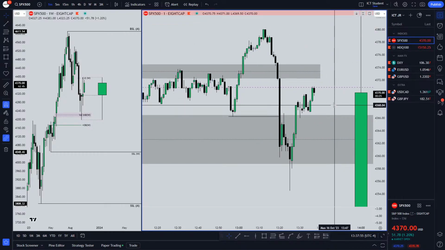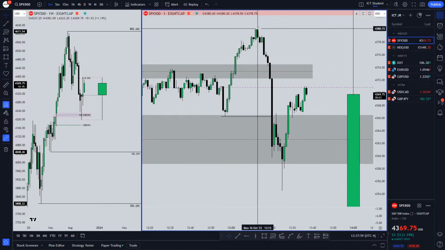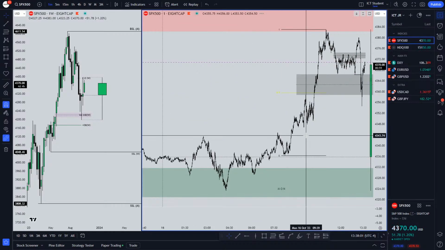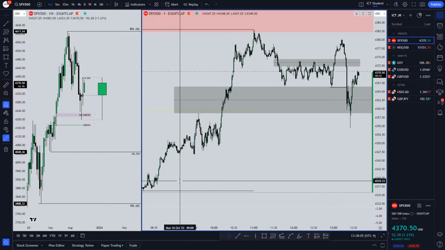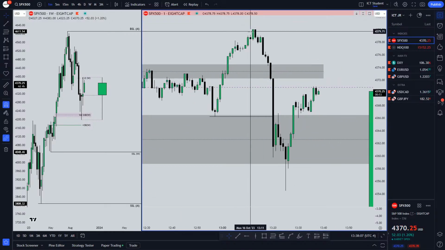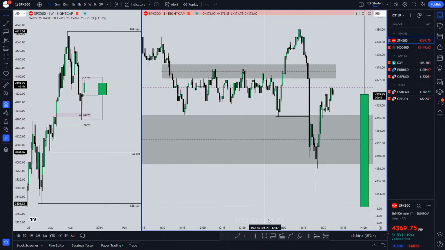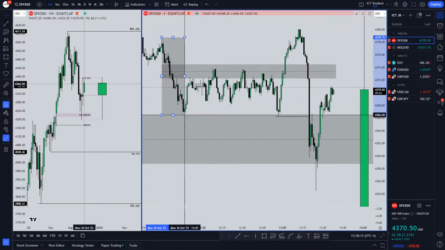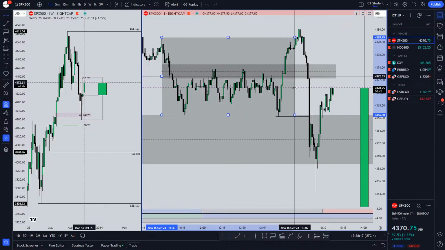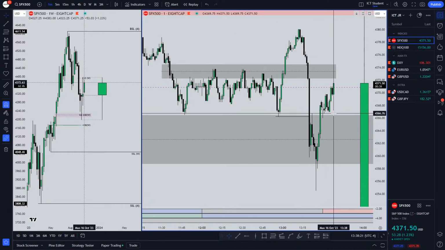Swipe and turn on 1 minute. Now go back up. It's like PM session, bro. PM session has been having crazy movement, especially the last week. AM session is really smooth. PM session is just big distribution. So I would call this AMD right here, accumulation right here. All this right here would be your accumulation phase, and then you get the manipulation and then the distribution. So it's a quick AMD.